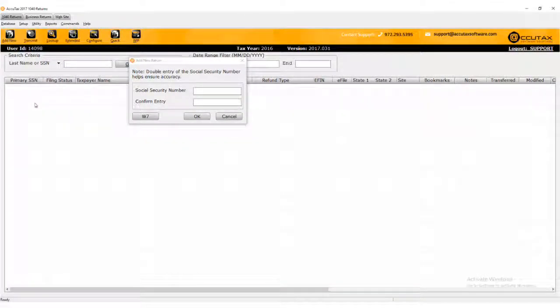If the taxpayer does not have a valid Social Security number or ITIN, click on the W7 button and a new return will be created with all 9s displayed as the Social Security number. For more information on completing a tax return that requires a W7 form, watch the W7 video in the AccuTax